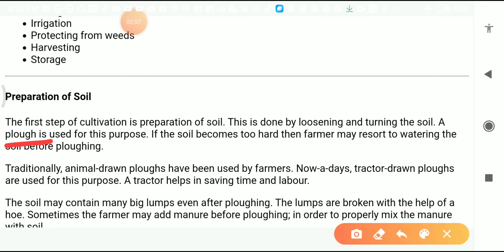If we use the plow for the preparation of the soil, then the soil becomes loose. And when the soil becomes loose, this process is called